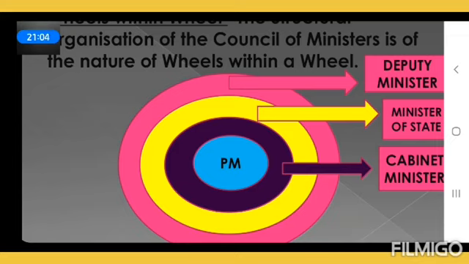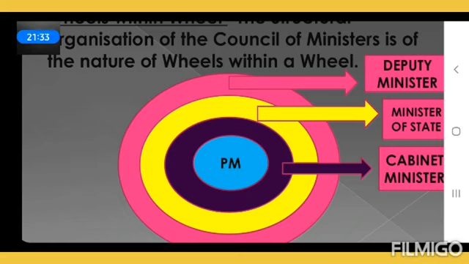The council of ministers consists of 70 to 80 ministers, out of which the cabinet ministers constitute the cabinet. So these cabinet ministers are also constituted out of the council of ministers only. The difference is that they hold the real, important portfolios, and together they formulate all the policies of the state.